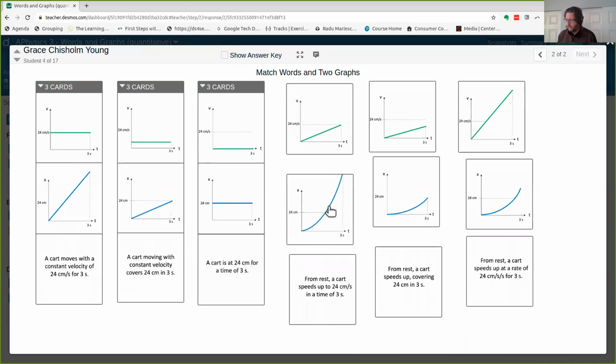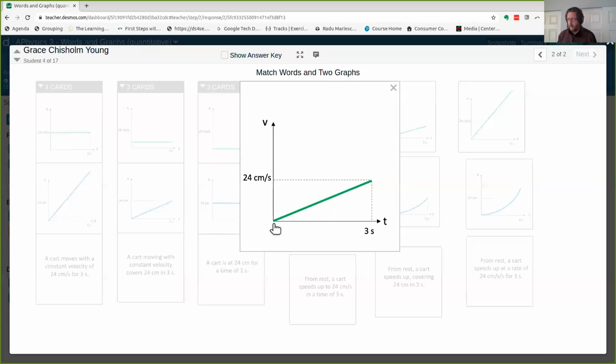Let's see. So this one is increasing from a speed of 0 up to 24, and it takes 3 seconds to do it. Okay, so I want a curved position graph, and the maximum speed is going to be 24, but the speed is always going to be lower than 24 centimeters per second. The way that you figure out how far it's gone total is you calculate the area of